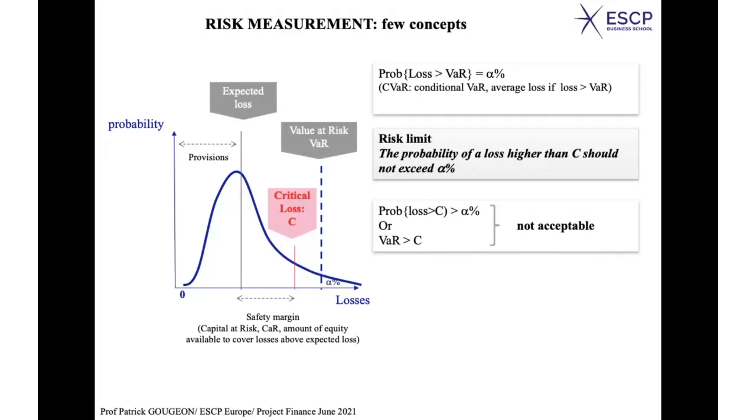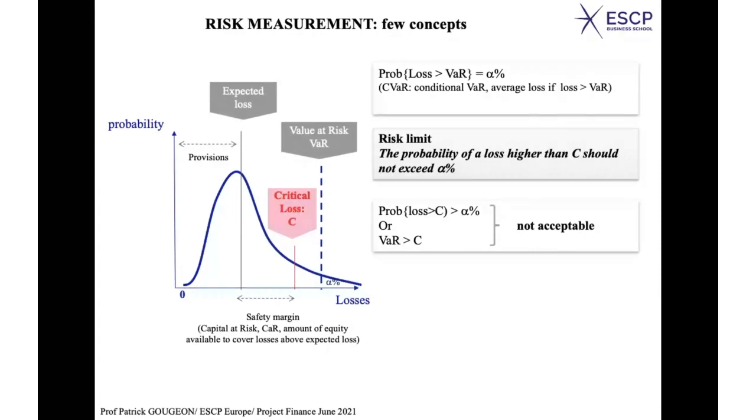But your concern is, what if we have a loss much higher than this expected loss? Well, the concept of critical loss is a kind of limit. If you go beyond this limit, it means that you have consumed all of your safety margin. That's why sometimes we call this distance between the expected loss and the critical loss the safety margin, or the capital